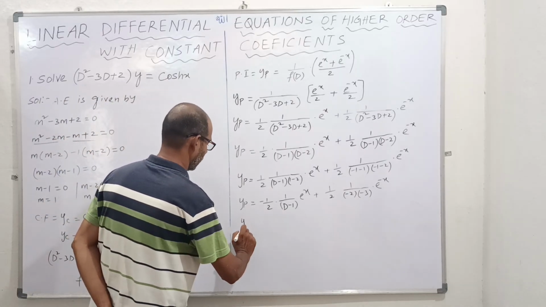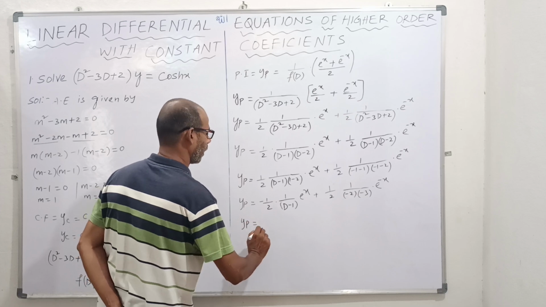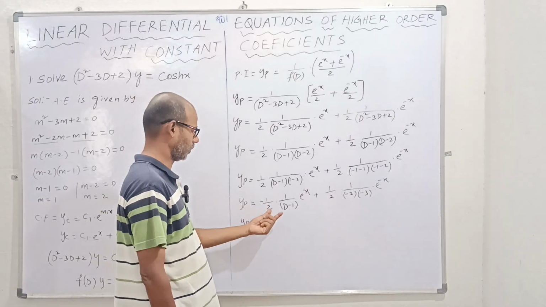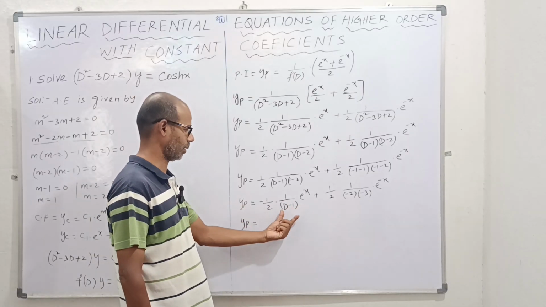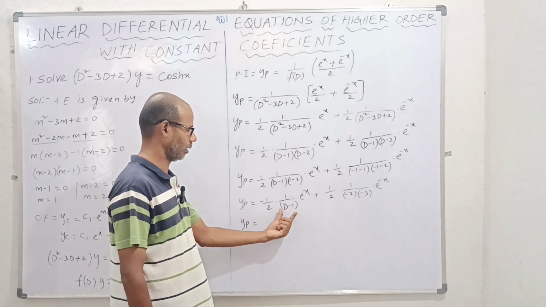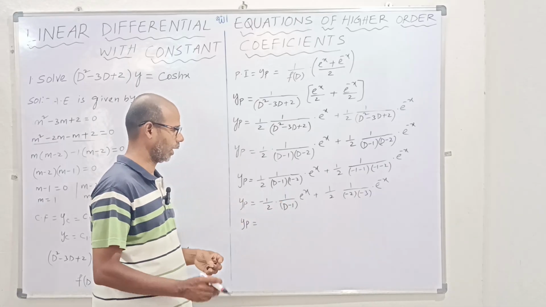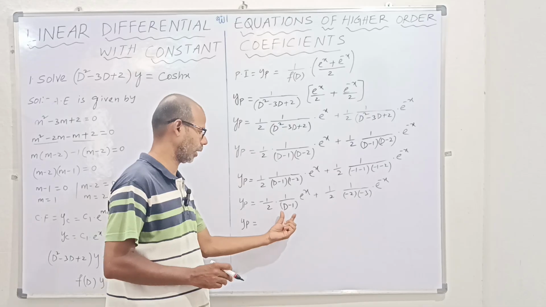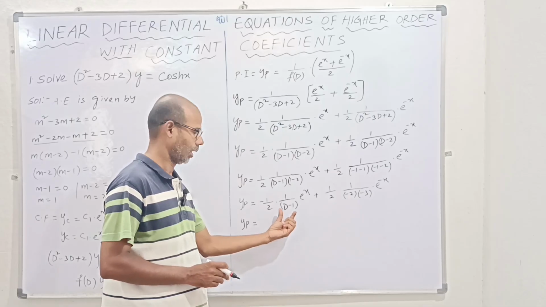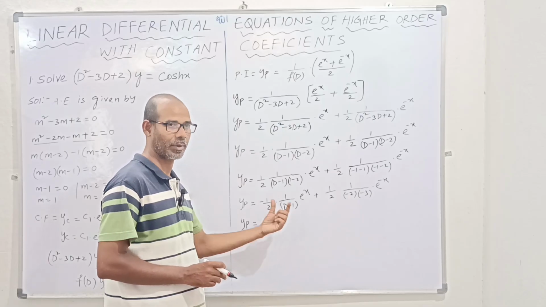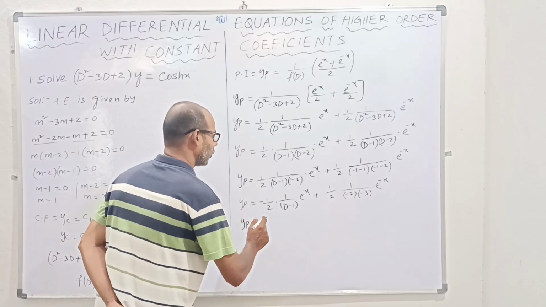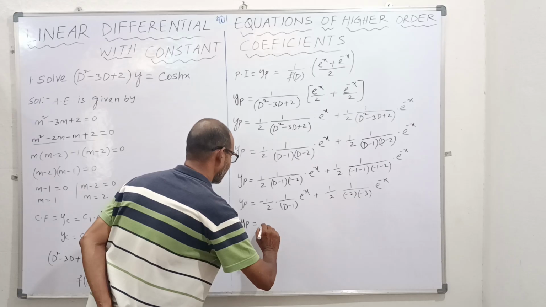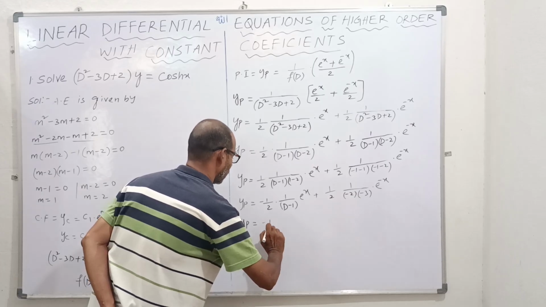So therefore yp is equals to, here what happens now? As usual, here f of D is e power ax. So the coefficient of x is 1. So if I am putting D is equals to a, that is D is equals to 1, this is vanishing, the denominator is becoming equals to 0. What we have to do? So in that case, we have to put D is equals to D plus a. So minus 1 by 2